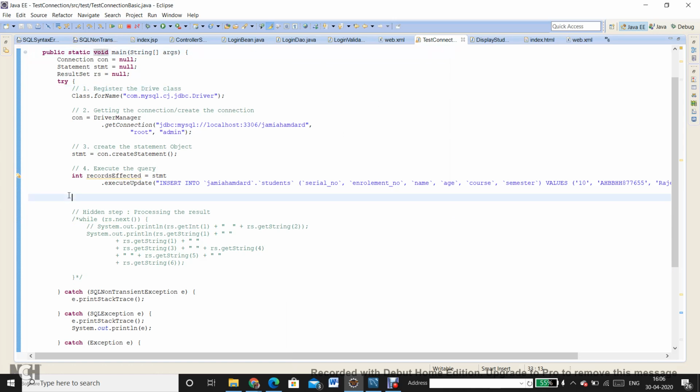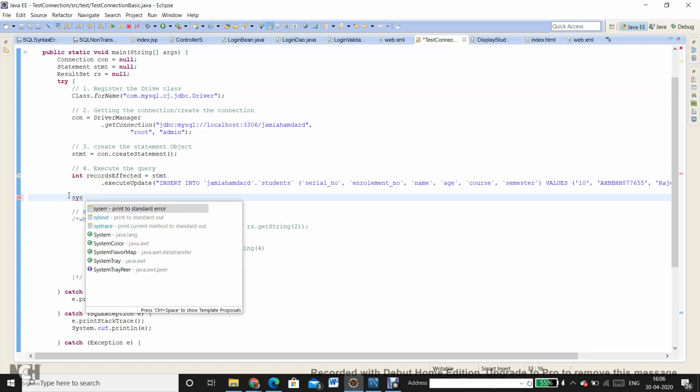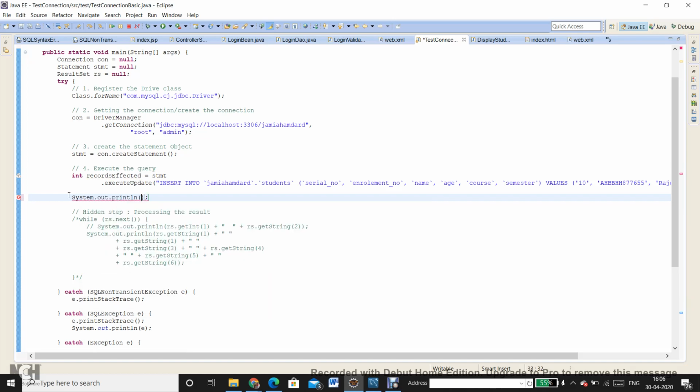And once the result is written, I am also interested in printing the value of how many records are impacted. So let me say system.println, and then I will say the number of records affected, or the number of rows affected, that typically you get from the workbench.